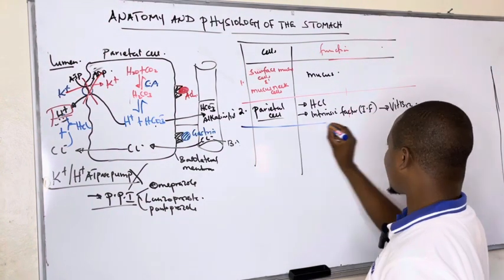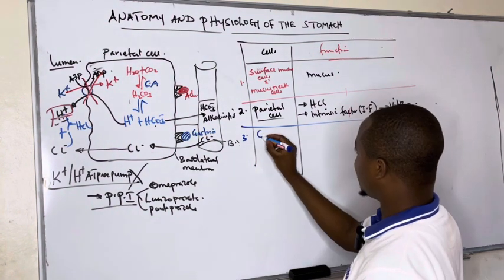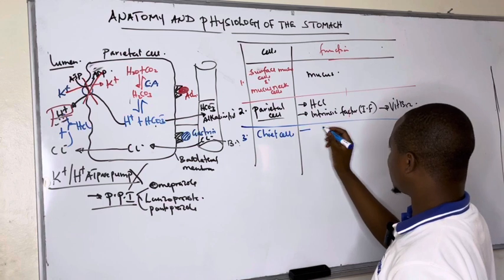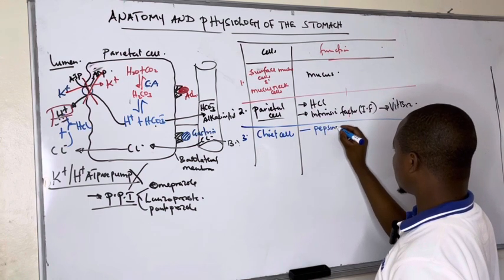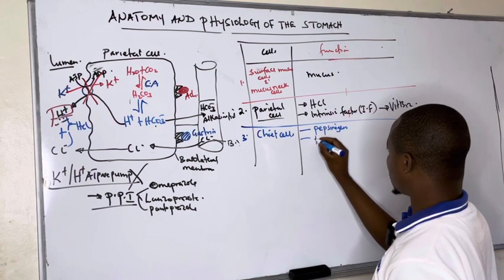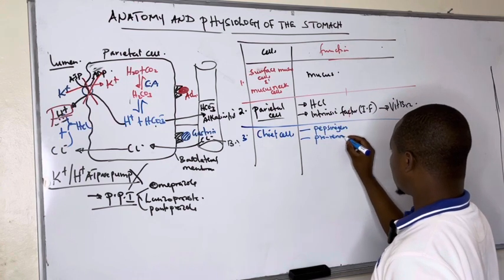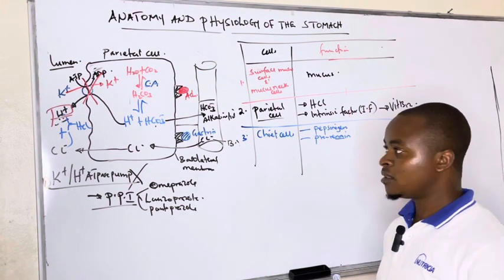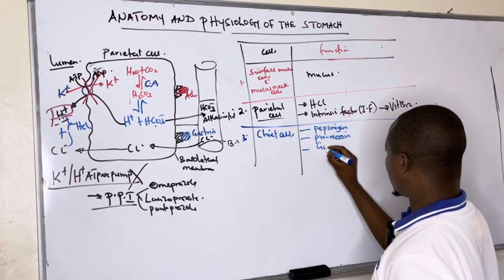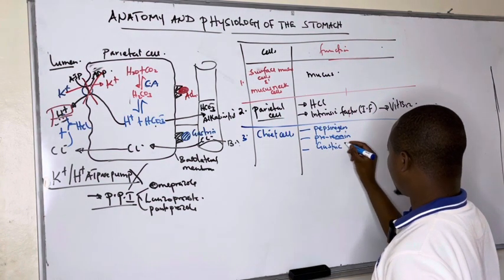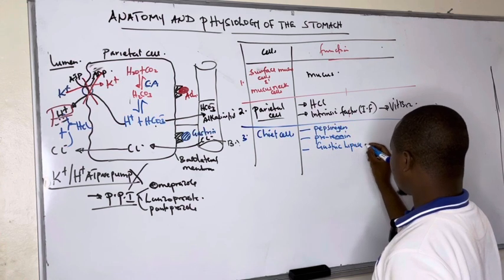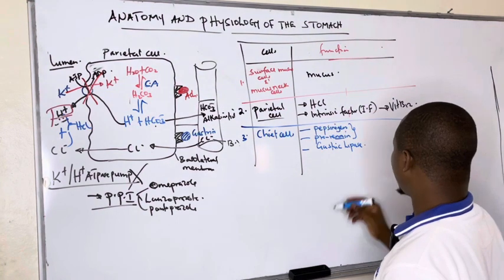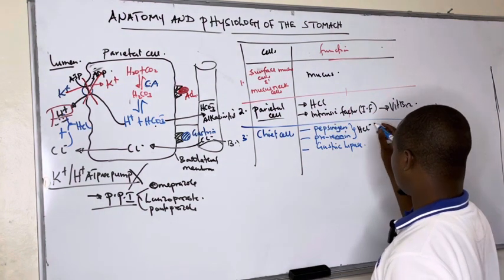Then from here we can see the third cell, and the third cell is the chief cell. The stomach still has the chief cells. These chief cells produce enzymes like pepsinogen. They produce prorenin. Renin, this is double N. It is different from renin from the kidneys. Then there is another known as gastric lipase. And these first two are produced in inactive form,